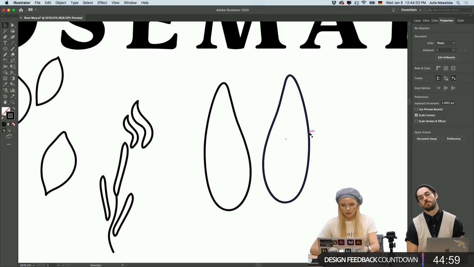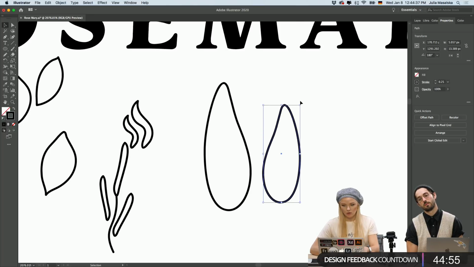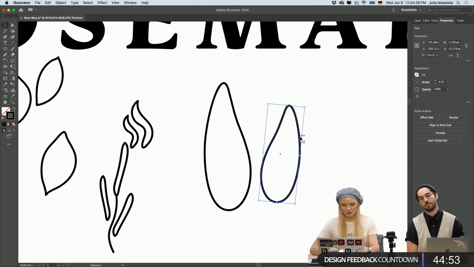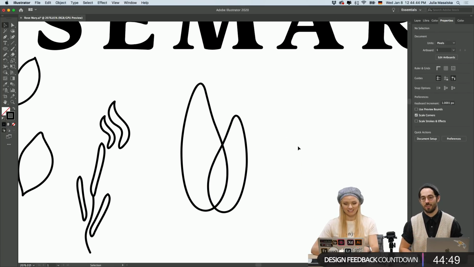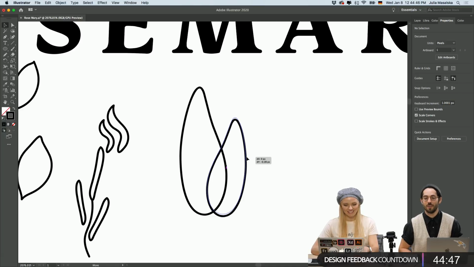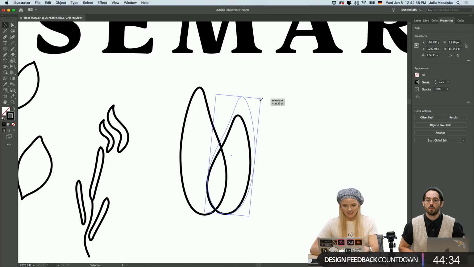There we go, and then you can just play with the size a little bit, and then you almost have two different shapes. It's funny how your brain will trick you, like they're the same, but as soon as you flip it, you think, oh, those are slightly different. Yeah, exactly. Okay, that could be something. Let's see. That could be something right there.